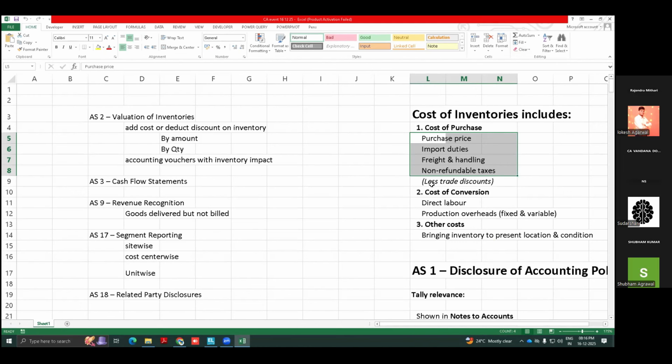So trade discounts are normally not accounted separately. We can take that case also. Direct labor is also possible. You are purchasing some material with labor. Suppose paint is there and painting charges are in the invoice. Now the question is whether to charge it on the paint or not, or whether to treat the full invoice as expenditure. These types of scenarios are always there in normal accounting. So you have to understand which cost you have to attribute to the particular item.